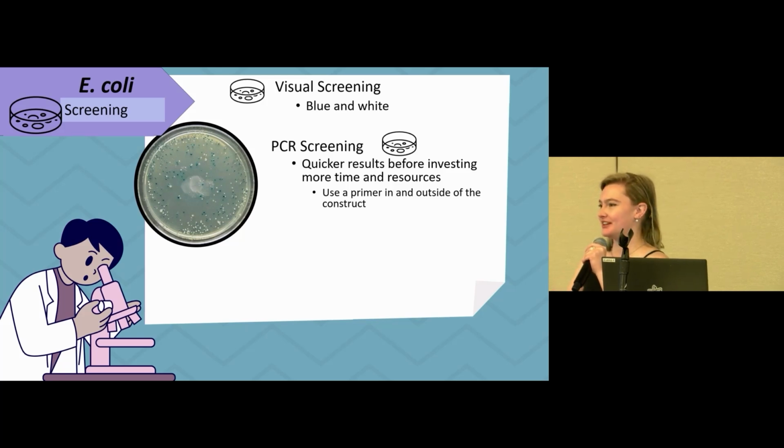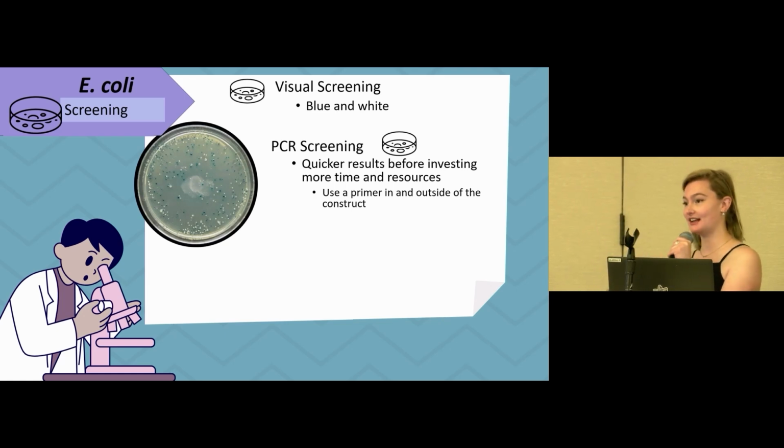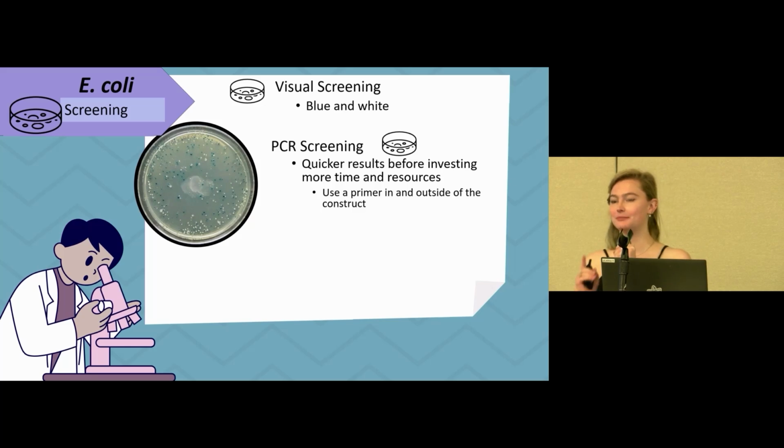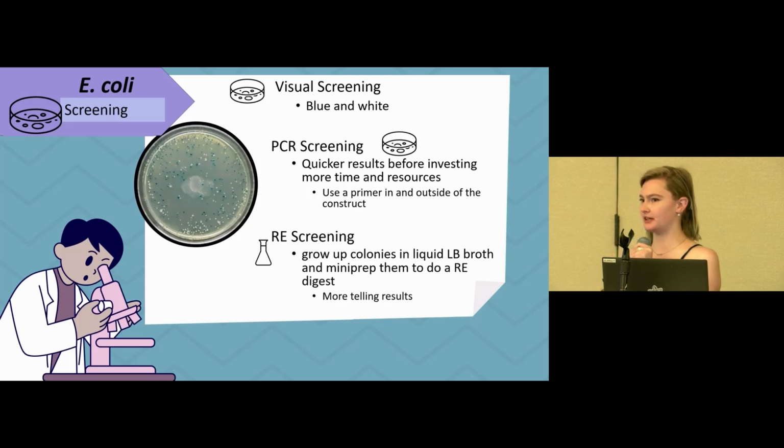So you do your PCR in advance, and you make sure to have a primer inside your construct and outside, because you don't want to just be amplifying the DNA that you put on the plate. You want to be amplifying those colonies that are growing. So this will be able to tell you if your colony is positive or negative before you grow it up, which is really helpful. But it's also really helpful to have more definitive results, which is why after you grow